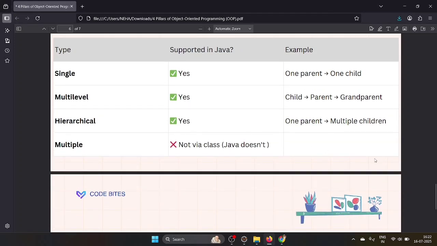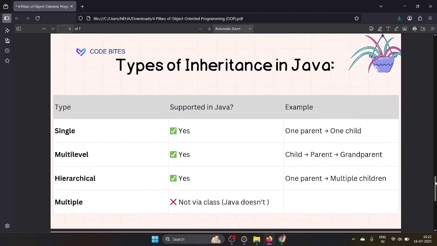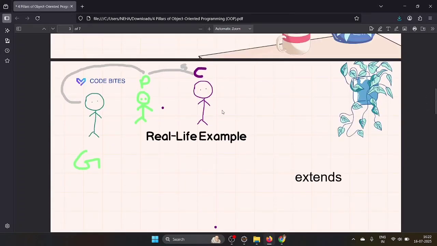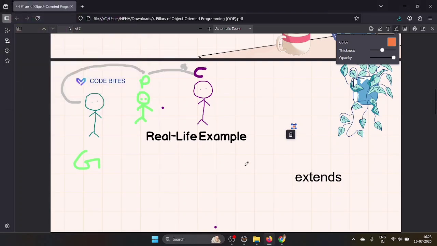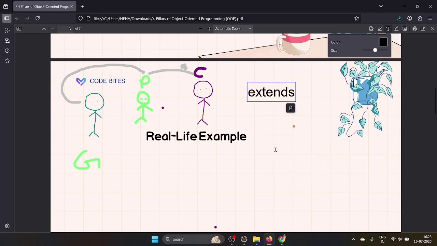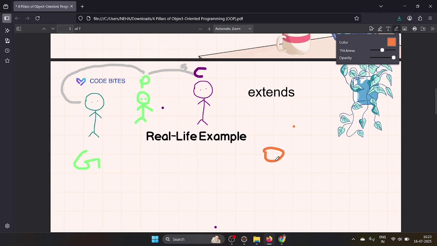And hierarchical inheritance means, let's take one parent having multiple children, right? Let me take this one second. Okay, see here, the parent is there. Here you can see the parent, a single parent, and here see three children are there.